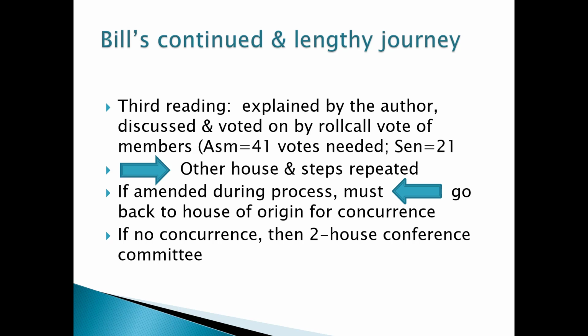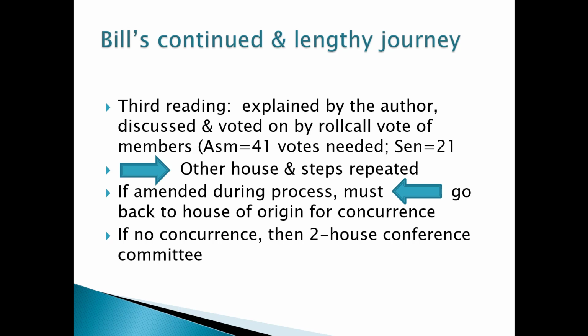Conversely, if it starts in the Senate, they vote on it, and then it gets passed to the Assembly, and they also may make some amendments as well. And if it is amended during the process, it has to go back to that House of Origin for concurrence. So sometimes, let's say a bill starts in the Assembly, it passes, it gets sent to the Senate, they make some amendments to that bill, but they pass it. Well, now it's a little bit different than the original bill. So it goes back to that original House, and they can vote on, say, oh, do we like these amendments? Are we okay with them? They may be okay with them, which is a little different than at the federal level, where they have that joint committee that meets.